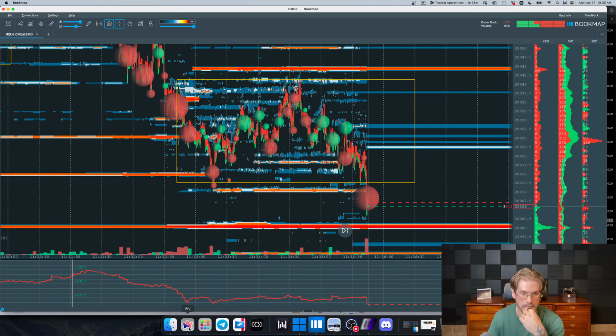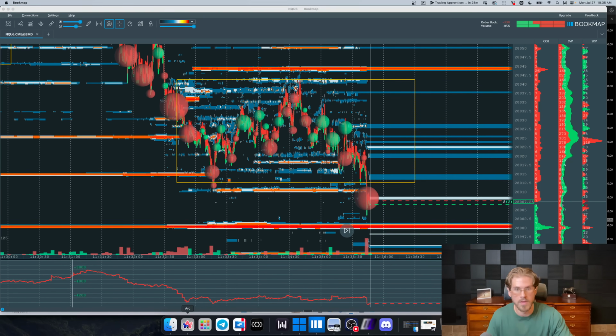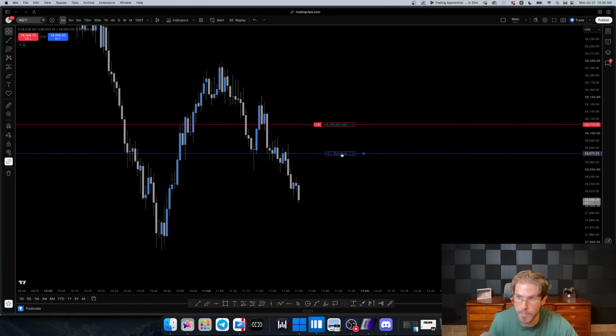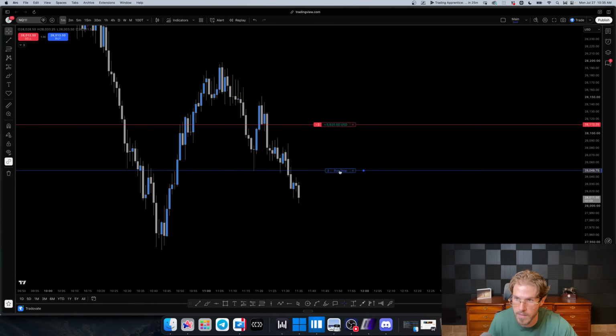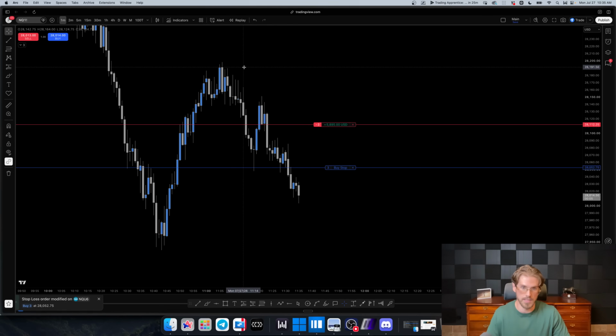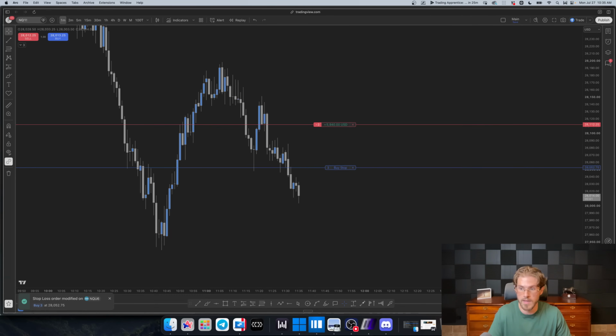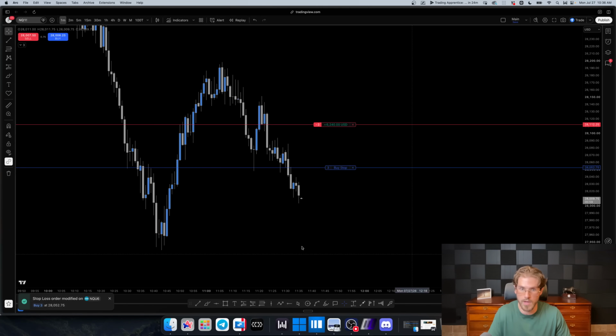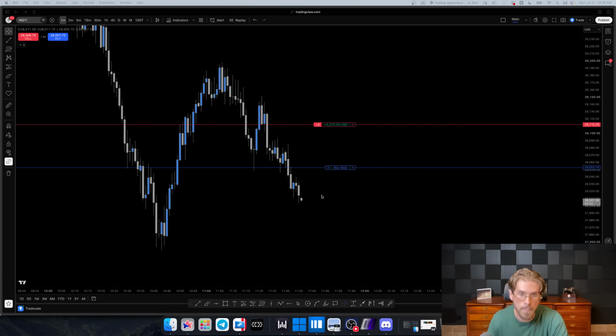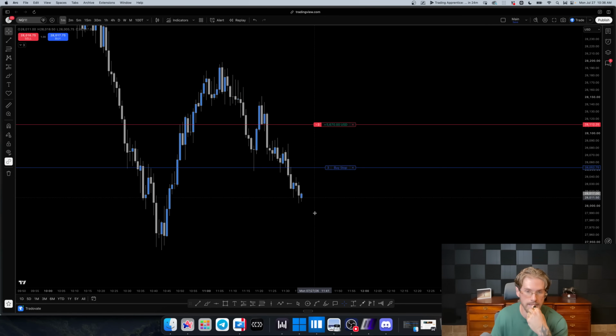So I'll watch this, and as we get this move, I'm going to go ahead and move this to 28.52, just as a little bit of leeway, because I do want to give this trade some room if we do break. Things can get a little bit more volatile here. I'm going to update the group. Boom. Now we want to see, does the market actually make a nice move to the downside from here,